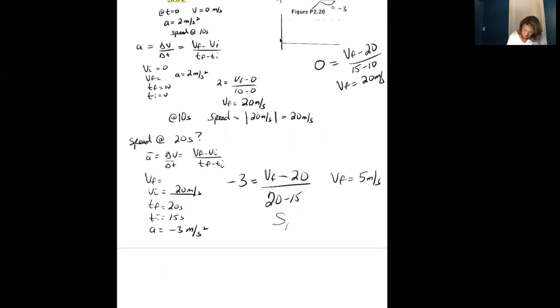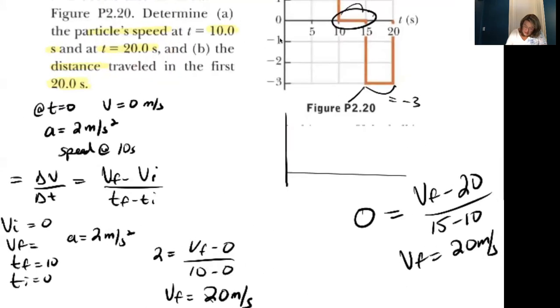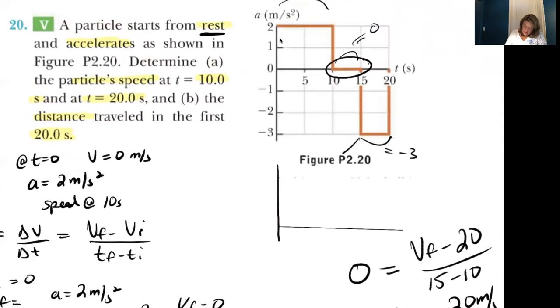What is the speed? The speed is the absolute value of that velocity, and it is going to be 5 meters per second. Okay, so that is the speed at 20 seconds. Now, your skill sets right now, what you have in your toolbox to solve B, the only way you have to solve it is to draw a velocity versus time curve